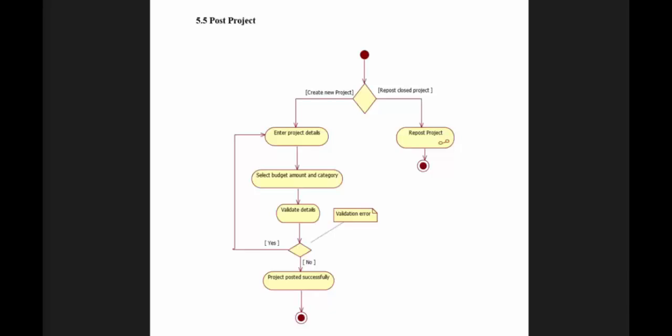Next is the post project activity diagram. The employer will choose an option: whether he wants to repost a closed project or create a new project. If the employer wants to repost any closed project, he can do so using the repost closed project functionality. If the employer wants to post a new project, he will enter the details of the project and will select the budget